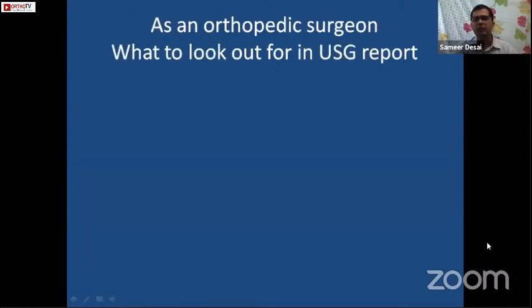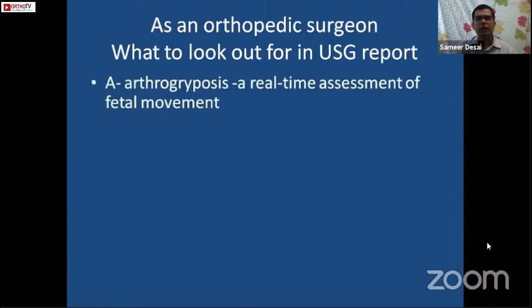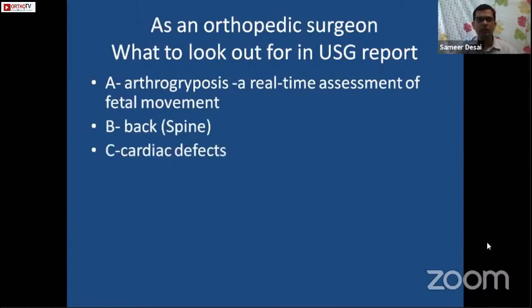So as an orthopedic surgeon, what are the things that you should look out for in the ultrasound report? You could remember it as A, B, C, D. A for arthrogryposis: look in the sonography report whether the sonologist has mentioned whether active movements are present or not, active fetal movements, limb movements. B for back, that is spine: whether any congenital spinal anomaly, spina bifida or any other spinal anomaly is mentioned,